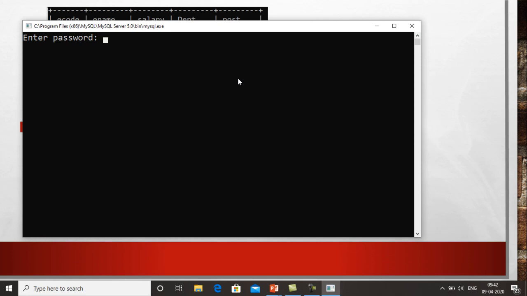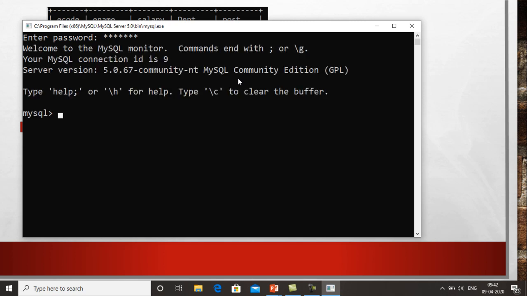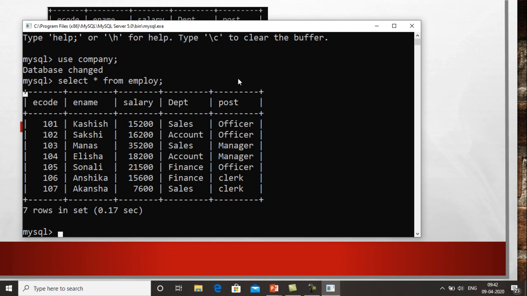First of all I have to put the password, and I told you that the password is Shadley. So in your lab you have to enter the password Shadley, right? Now it is open, and first we have to activate the database. We have already created a database named company, so obviously we have to activate it. Then we know that there is a table named employee in it, so select star from employee. These are the records of all the employees present in that table.